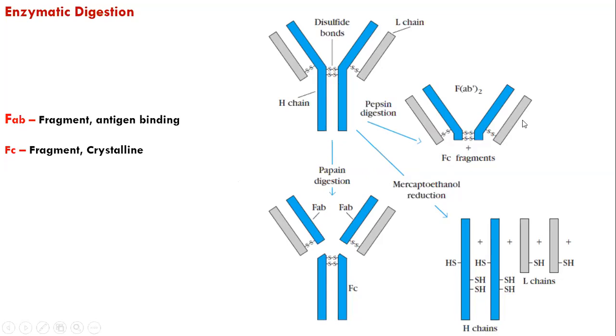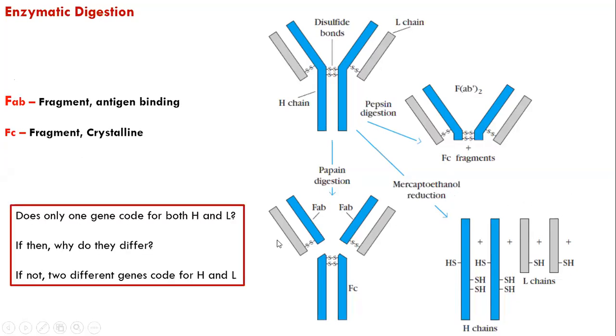So in pepsin digestion, they consist of 2 FABs attached. The FC constant region is divided into small fragments, but the mercaptoethanol mainly gives you the distinction that it is a heterodimer of 2 light chains and 2 heavy chains, 4 units, HL, HL. So if you take these units fundamentally, look at the genes coding for them. Let's say we have 4 units here, 2 light chains and 2 heavy chains. Just imagine, what would the scenario be for the genes coding for this?